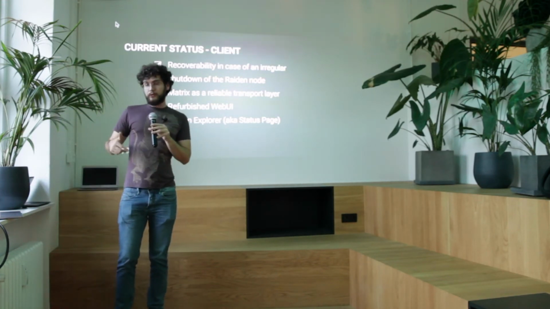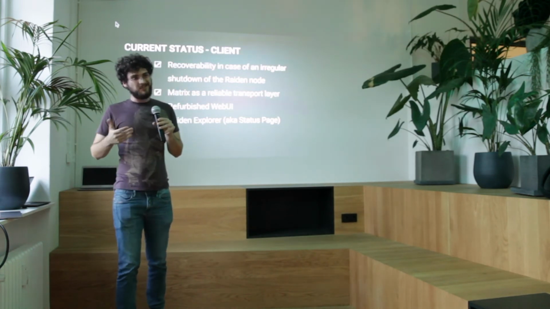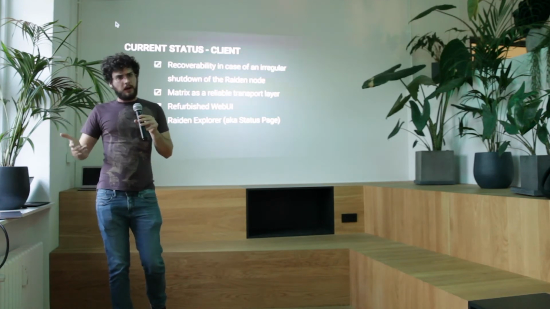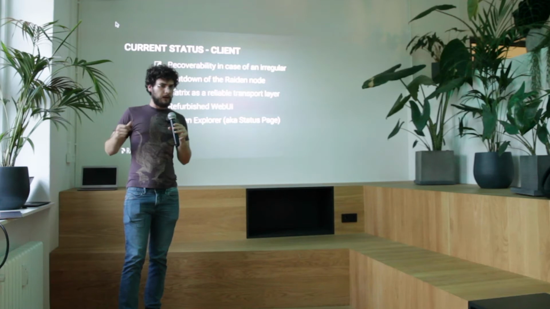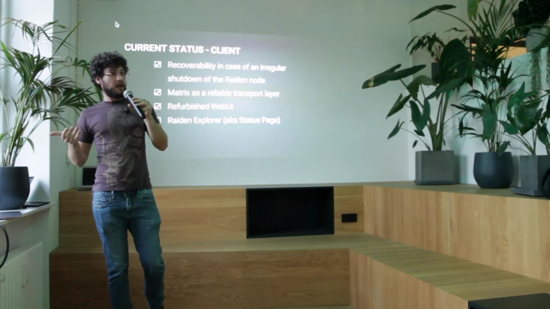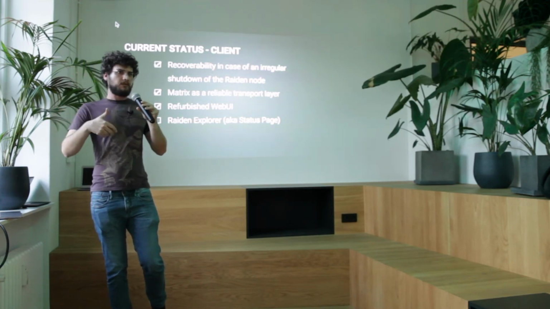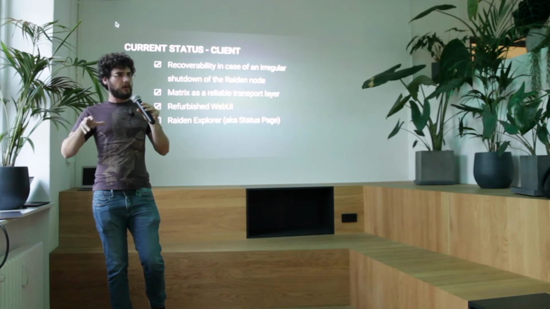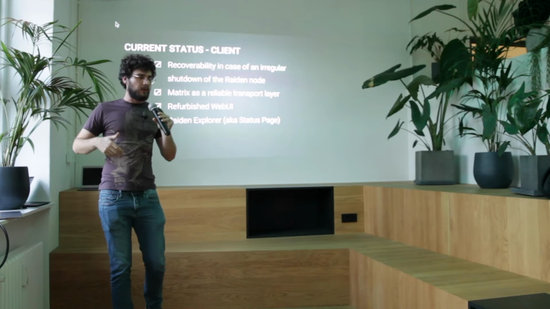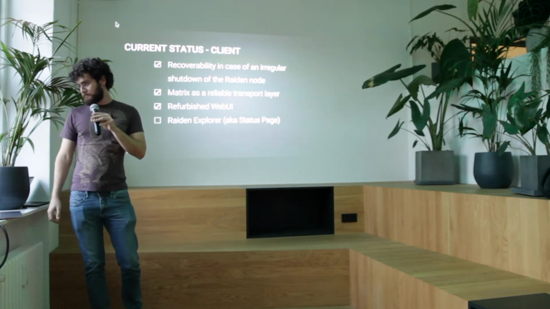And right now we dropped the UDP transport, which is really, really fast, but it's not really reliable because of network address translation problems. And we moved to the Matrix protocol as a transport for the Raiden node, so that people can actually use Raiden without worrying about NAT. And also it makes it possible to use Raiden with phones that have a really hard time with NAT. So we just use standard HTTP for communication.